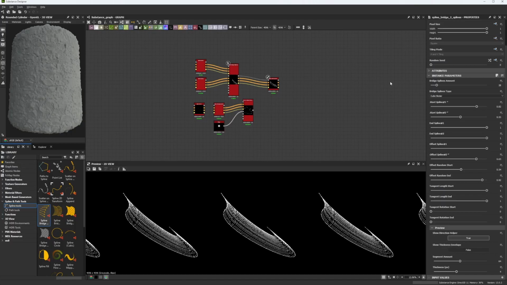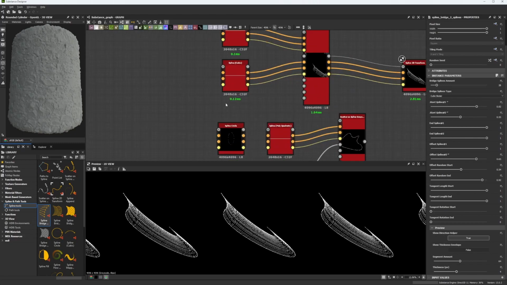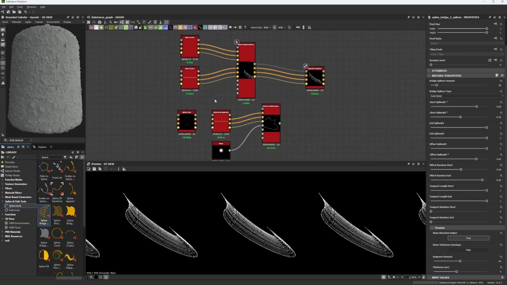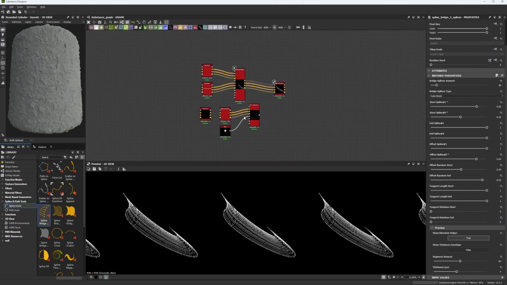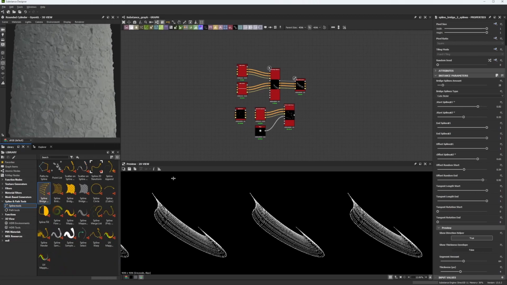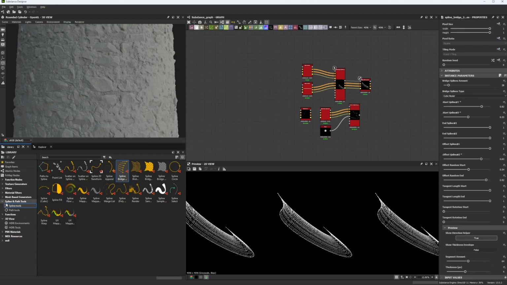Hello guys, today we are back here at Substance Designer and we are getting into something really new. Now this update has been out for some months, I think, if I'm not mistaken, but I have the pleasure of starting to play around with it, and it's the spline and path tools. As you can see down here, we have a new section in our library, spline and path tools,